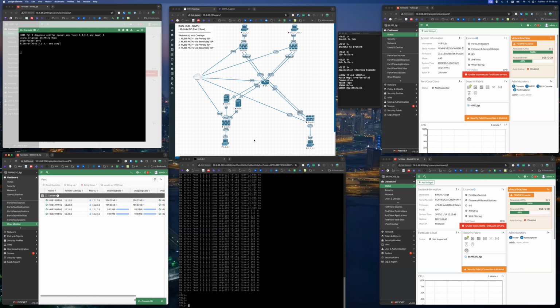The very first packet we send from branch 2 to branch 3 goes up to our hub. Our hub then brokers the connection and tells branch 2 and branch 3 how to communicate directly. In technical terms, it sends a shortcut query up to the hub, and the hub then sends a shortcut response telling the two how to connect to each other. So if we watch this in real time,